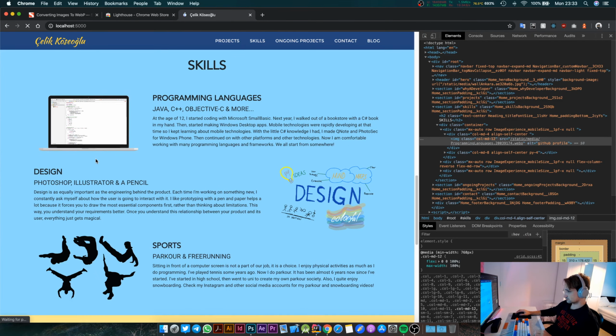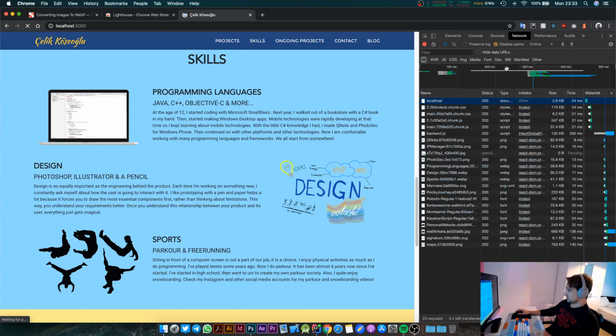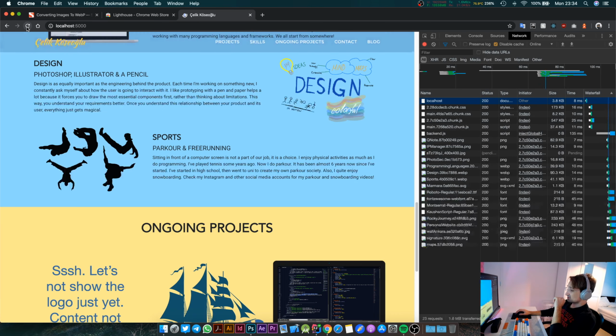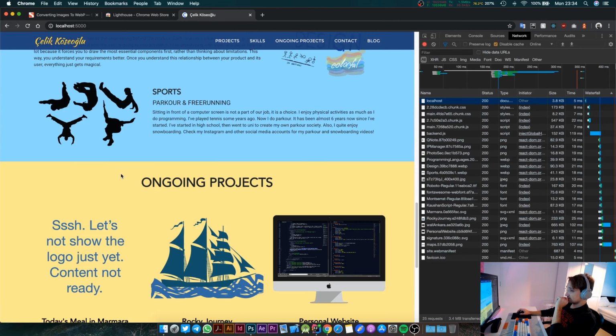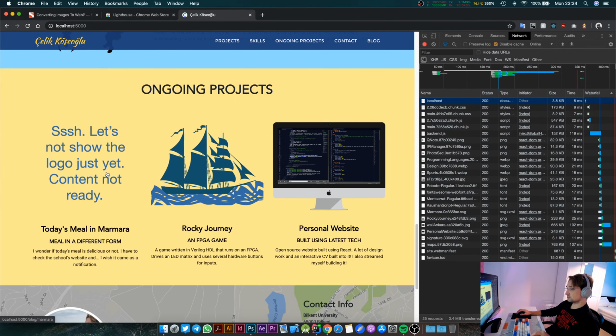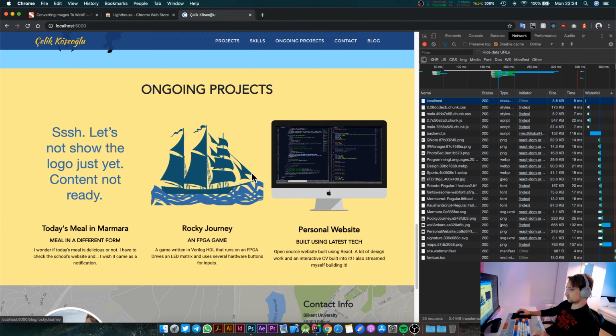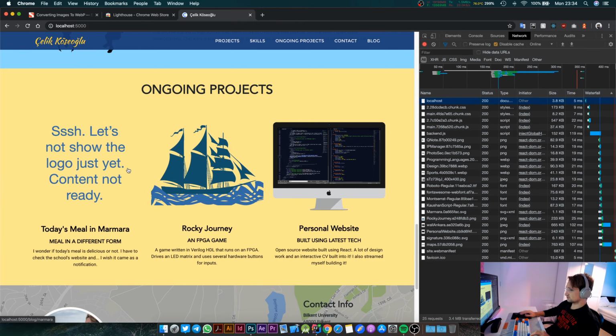Okay, everything looks good. Let's go to the network tab. We're down from 3.9 megs to 3.4 megs, which is a significant improvement if you think about it. All right, let's continue with just converting these three to